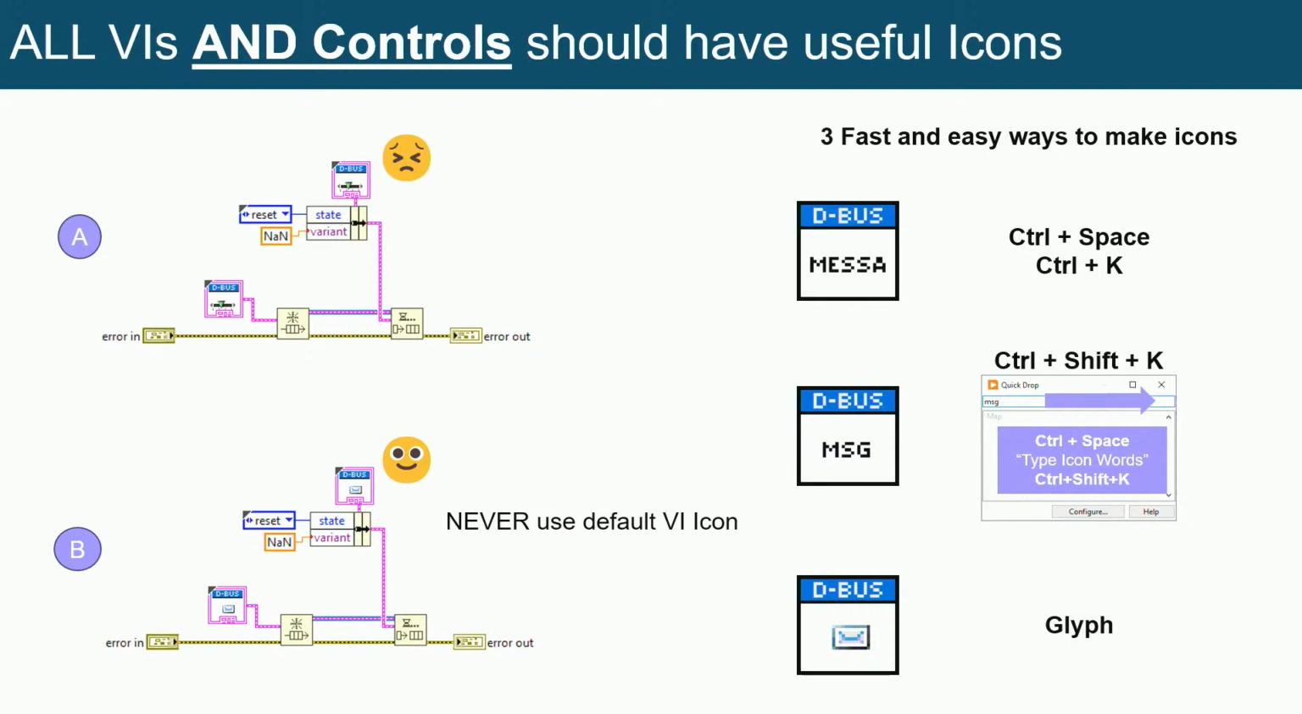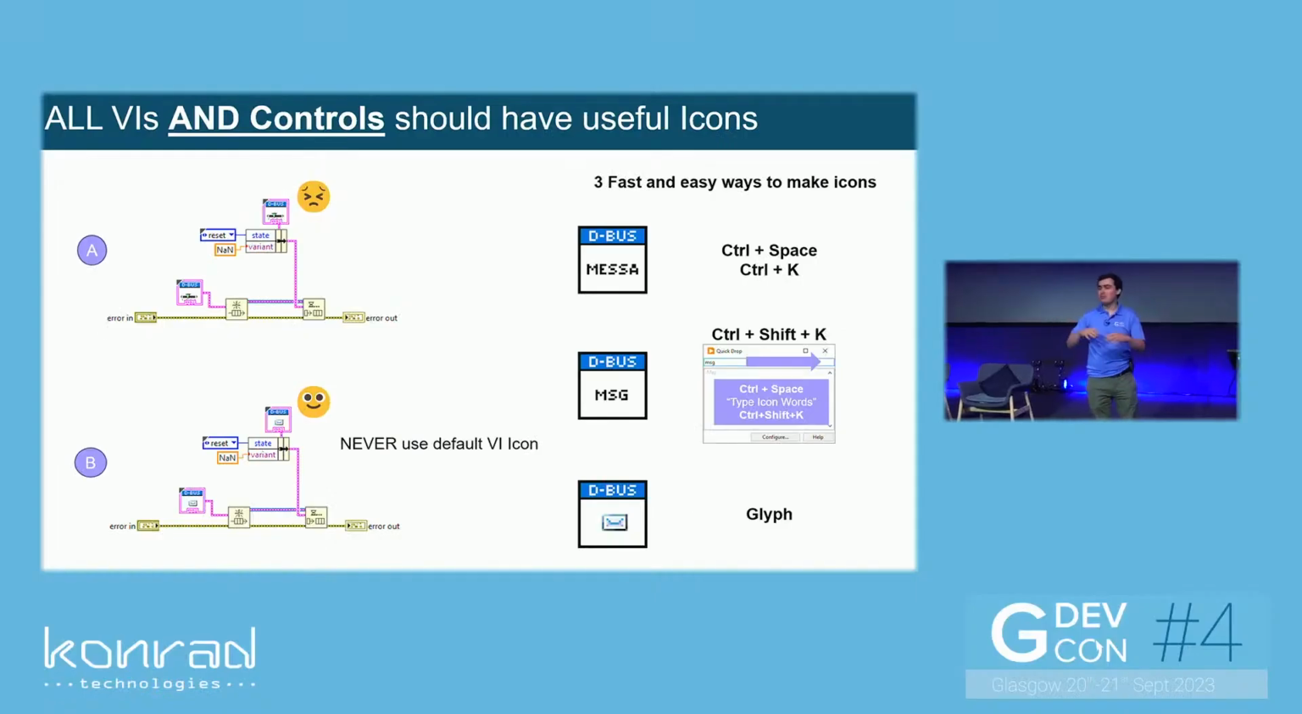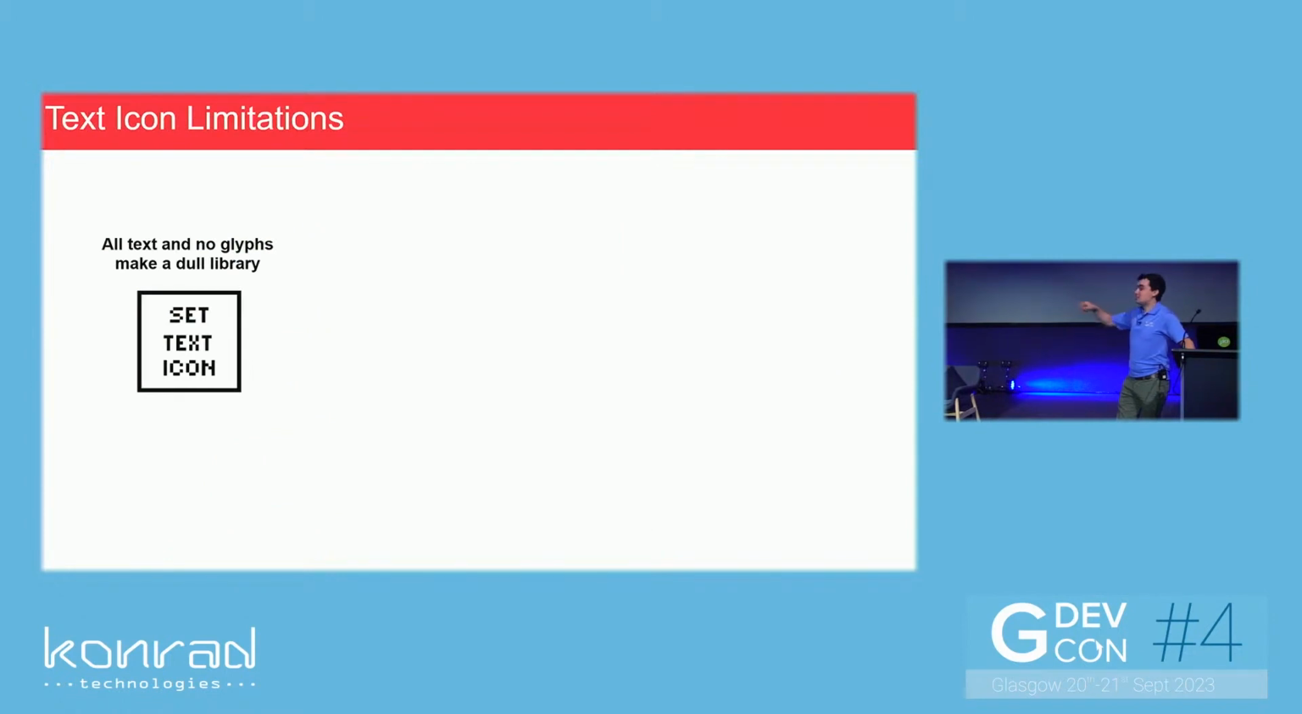To be fair, I don't mind text icons. My public API is always graphical. My private API is text, for the most part. And so I don't mind text. It's better to have a text icon that makes sense to everyone than a graphical icon that only makes sense to the author of that VI. Yeah, like,